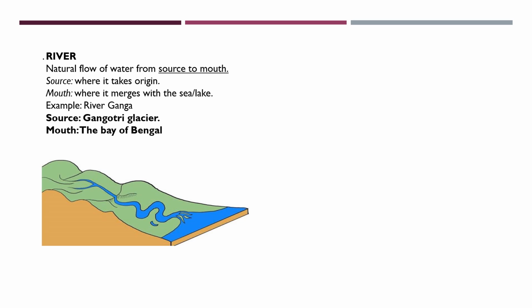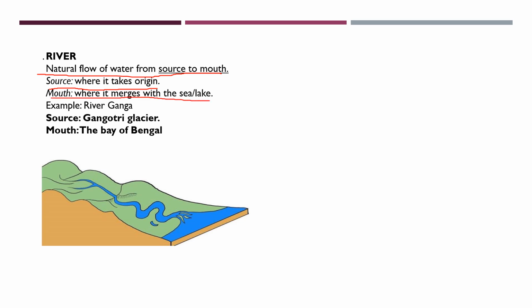It is a core concept and a very common concept, very easy as well. So what is written, please read with me. Natural flow of river from source to mouth. Here the most important points are natural flow and source to mouth. Source means where it takes origin, and mouth means where it merges with the sea or sometimes